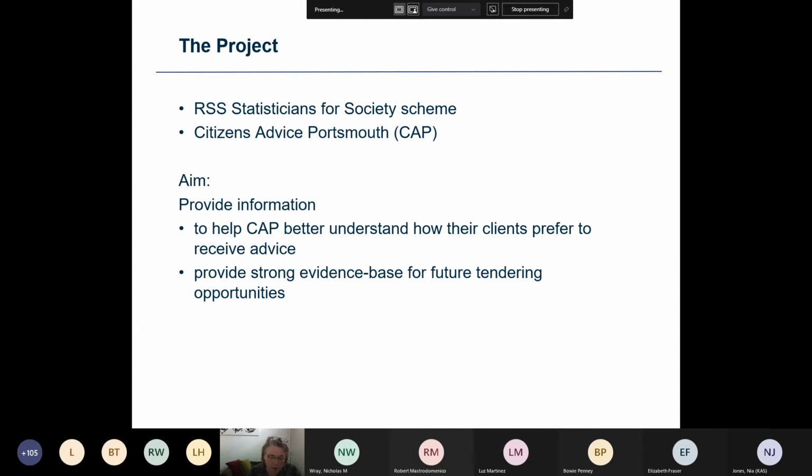Each of the local offices is an autonomous charity and it's responsible for raising their own funding. Funding comes from a range of sources such as local authorities, lottery funding, charitable trusts, as well as private companies and individuals. The Citizens Advice model, they operate through a mix of paid staff, volunteers and trustees. So next slide, please.